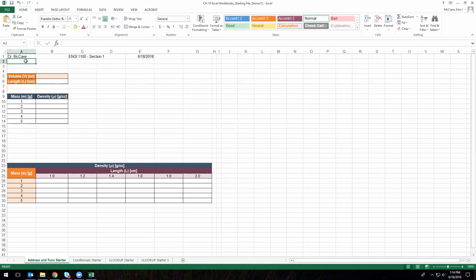Then on row 2, we always want to let the user know exactly what our spreadsheets are used for. So here, I'm going to put in a problem statement. This problem statement is much like your problem definition in our problem-solving process, but this just gives the user of the Excel spreadsheet, or anyone who's working in here at a job, the ability to know exactly what the spreadsheet is used for. And so in this class sheet, I'm going to put my problem statement here in this first sheet as introducing you